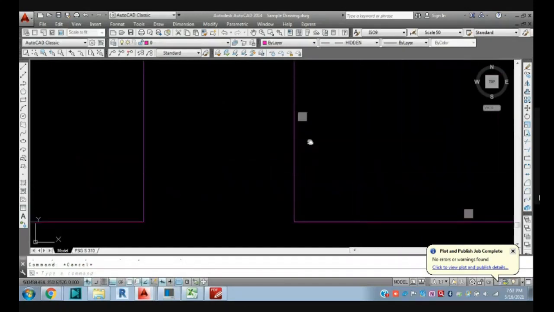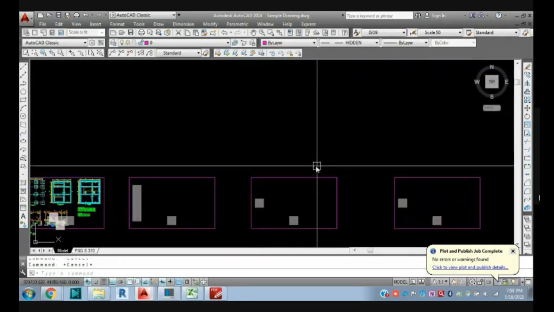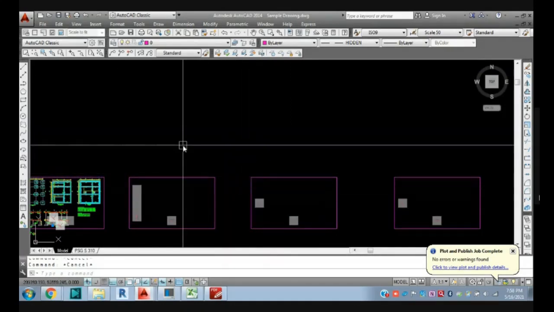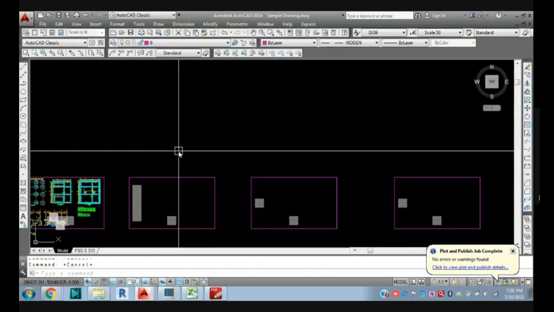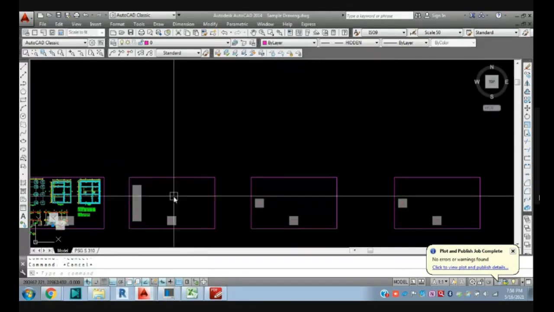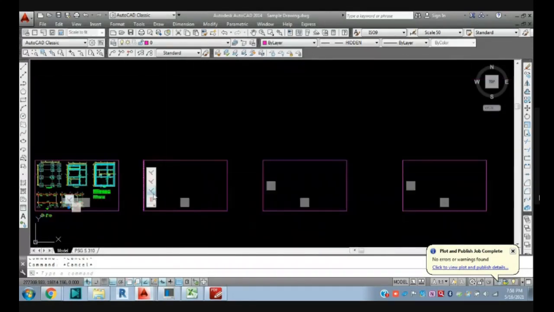Suppose you have created some plans and sections. If your project is so big and you have created a number of drawings in one model drawing, in one CAD drawing, there is no need to create a separate CAD drawing. You create all the drawings in one layout.